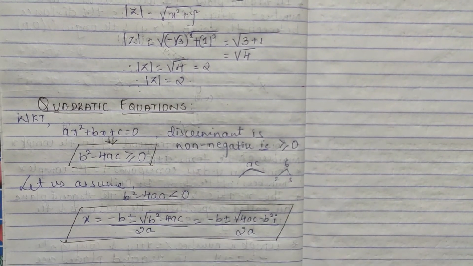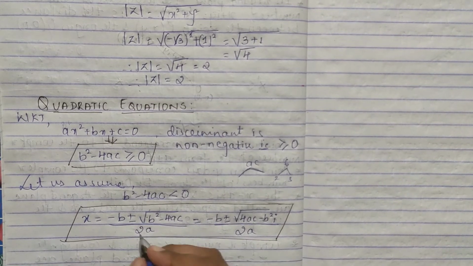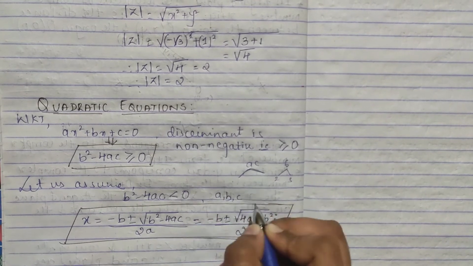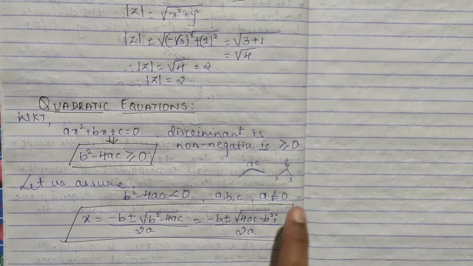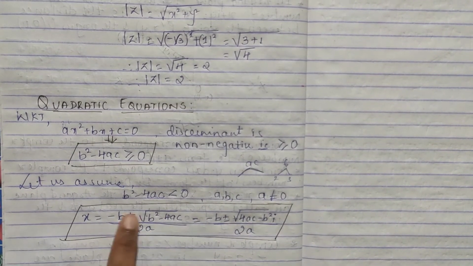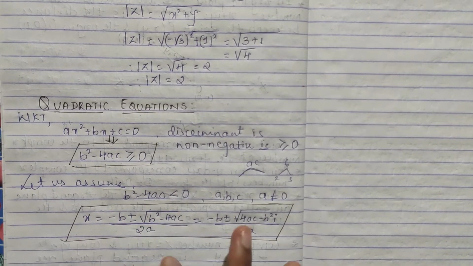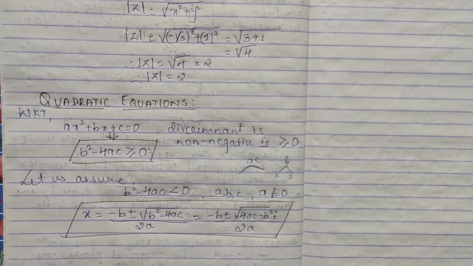You have to find your solution in such a way, where in these a, b, c coefficients, a will not be equal to 0. Here a should not be equal to 0. Why? Because it is in the denominator, and if it is 0, the whole thing will be not defined. Understood? I will explain the problematic part.